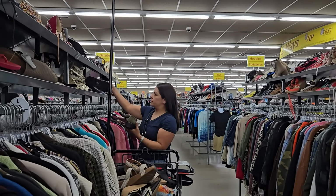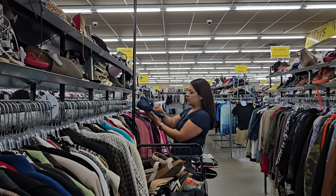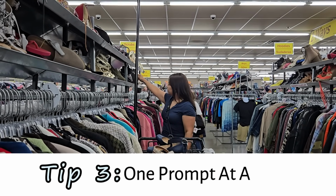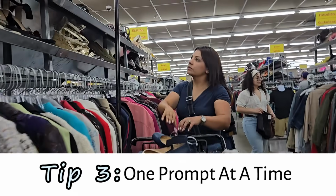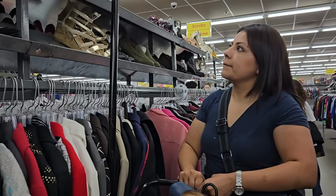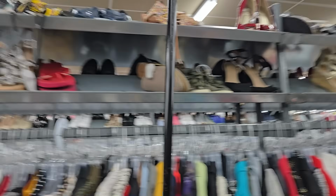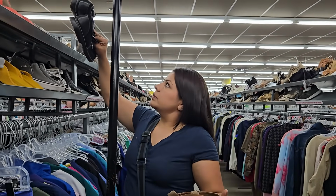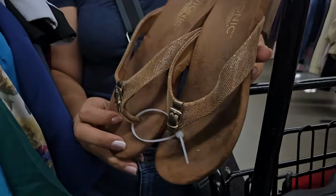Most of the shoes I ran across in these past few clips, I didn't have to look up, but there are a handful that are coming up that I did have to check comps for. And that's when I learned the third lesson: one prompt at a time. ChatGPT doesn't take a long time to come back with results, but in an effort to speed things up as I was checking a lot of comps at once, I was trying to send another shoe while it was still working on the first one, but that failed. Things got confusing real quick. So that's another tip I have: one thing at a time. You can type up your next message with a picture if you want, just don't send it until it's done